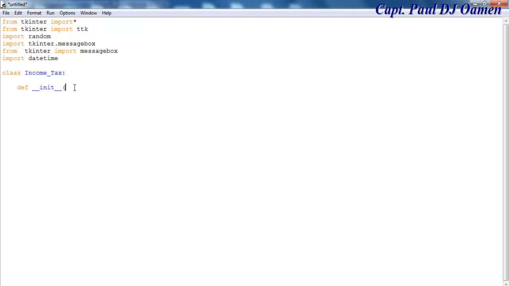Then we open up self, that will become a root, and close that there. Okay, I will now define my interface. self.root equals root